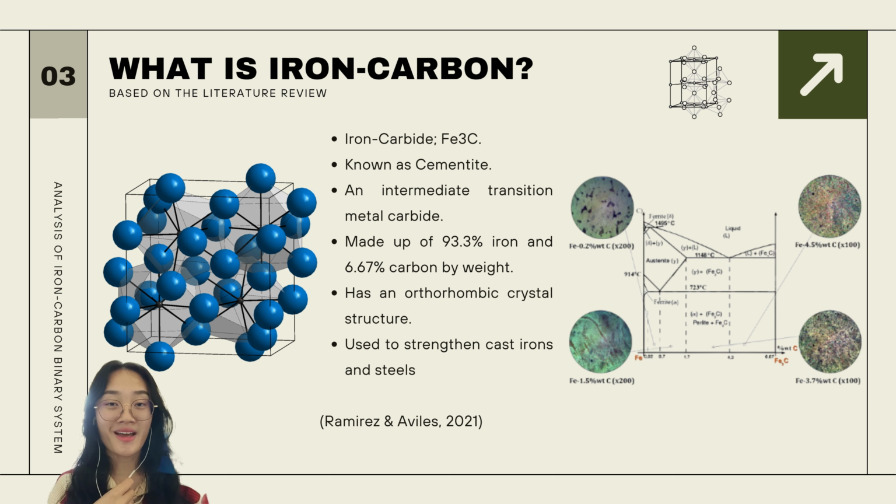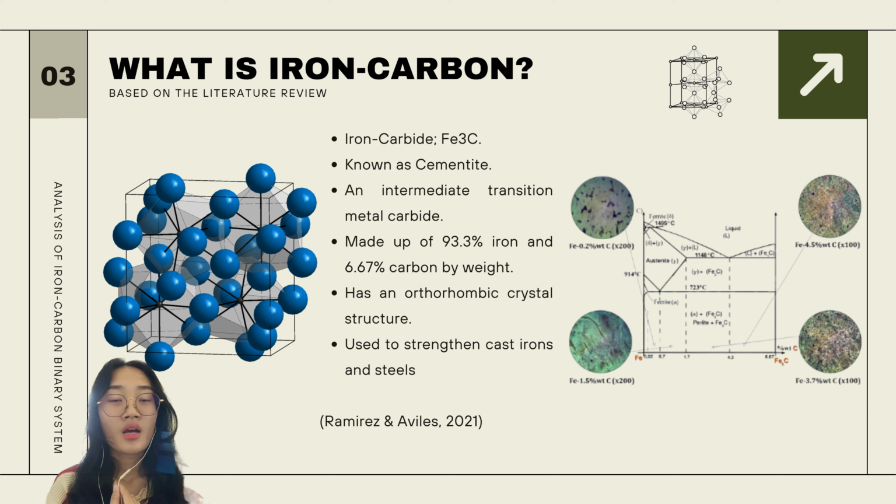For the introduction slide, we take a closer look at iron-carbon, specifically iron carbide, which is also referred to as cementite and has the chemical formula Fe3C. Iron carbide is classified as an intermediate transition metal carbide. It's made up of 93.3% iron and 6.67% carbon by weight, and this unique composition contributes to its